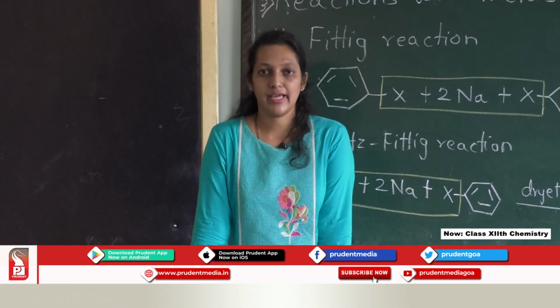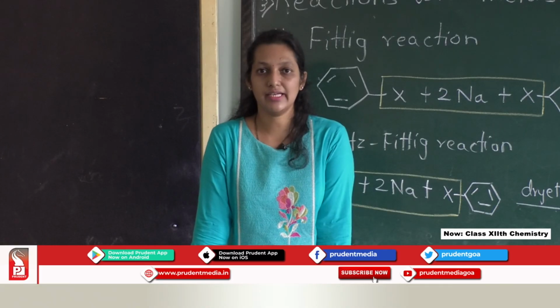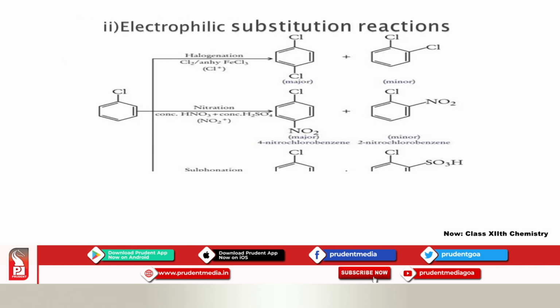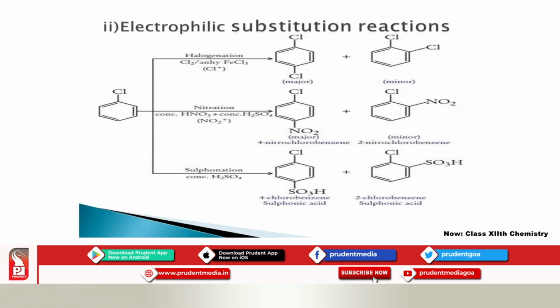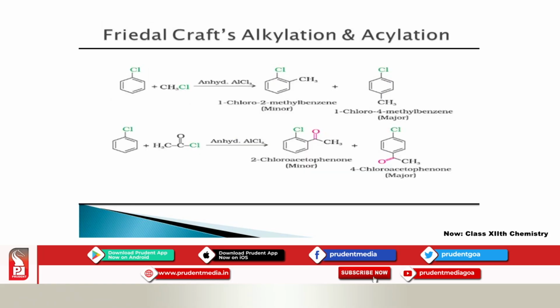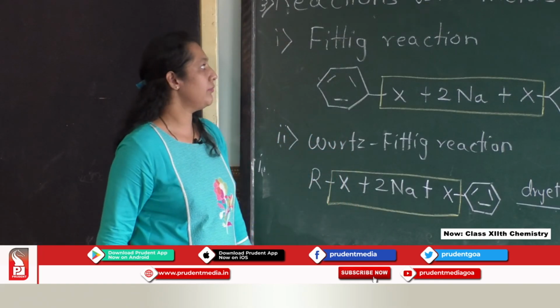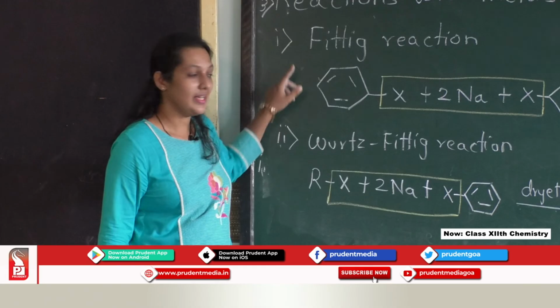Under the chemical reactions of haloarenes, we have studied three reactions, that was nucleophilic substitution reaction, second one was electrophilic substitution reaction. Under the electrophilic substitution reaction, we have seen 5 reactions: halogenation, nitration, sulfonation, Friedel-Crafts alkylation and Friedel-Crafts acylation, and last one was the reaction with the metal, that is first one is the Fittig and second one is